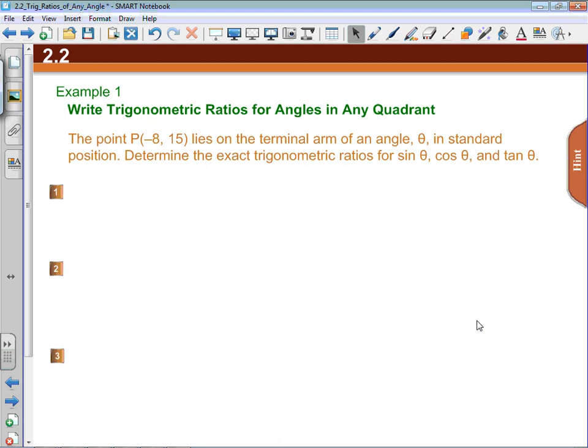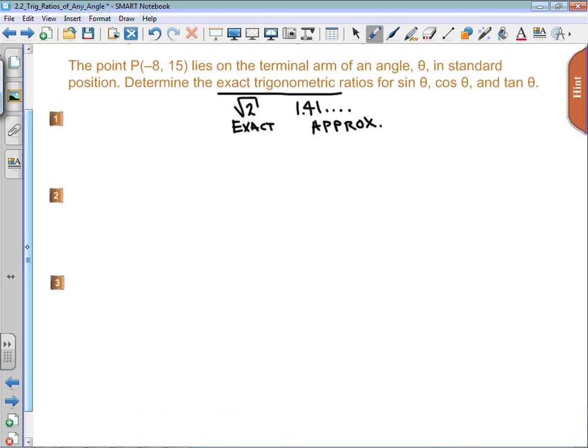So many students will remember some of what they did in 10-1 or 10C and use inverse tan in this case to find theta. That's valid, but it's never going to be exact. As soon as you see exact trigonometric ratios, it means that you would have to use a number like root 2 instead of 1.41 with all the decimals attached. This is exact, whereas the decimal we call approximate, and the level of accuracy depends on how many decimal places you take it to. So when you see exact, you need to think my answer is very likely to have some kind of a